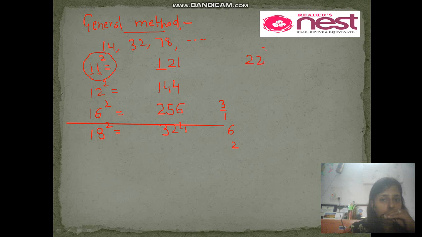Now let's move towards the two-digit number whose tens place is 2, say 22 square. The ones place digit is 2, and 2 square is 4. Then multiply all these 3 digits: 2 twos are 4, 4 twos are 8. Then the square of the tens place digit, that is 2, and 2 square is 4. So this is so simple. Let us take 28 square. 8 square is 64. 8 twos are 16, 16 twos are 32. 32 plus 6 is 38. Now 2 square is 4. 4 plus 3 is 7. So 784 is our answer.